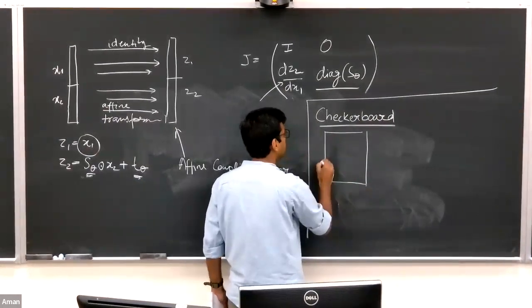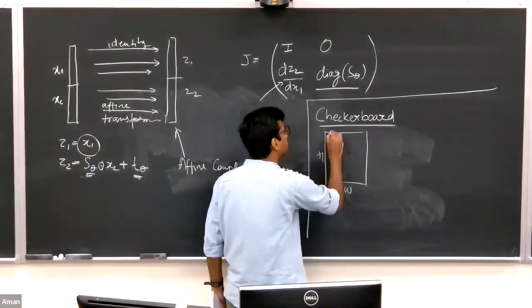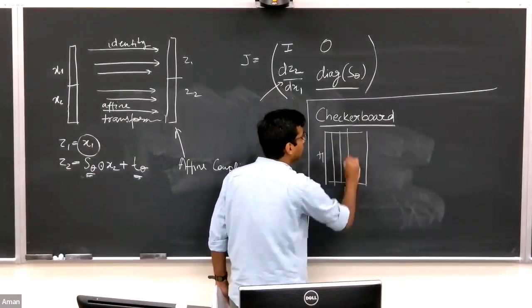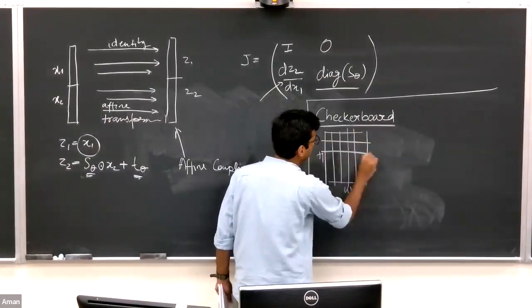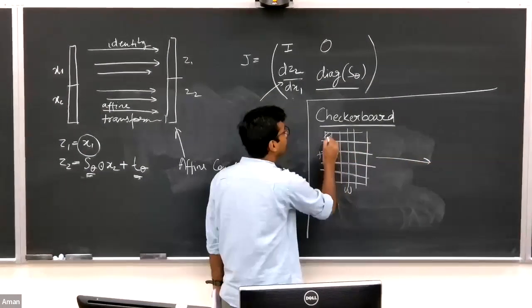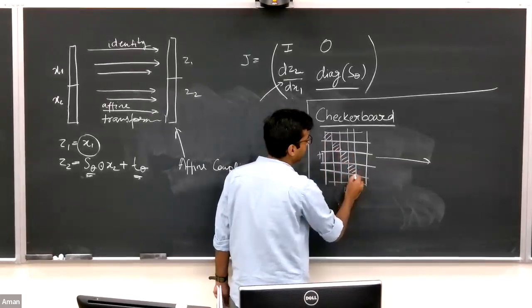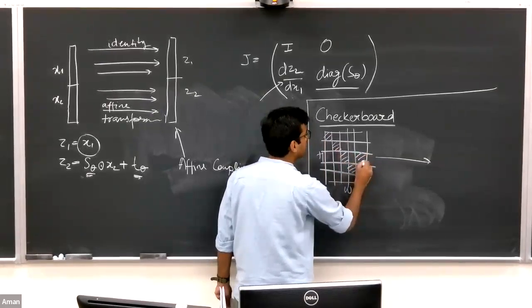Let's say the image is W cross H. You split this image into equal portions, and then in the transformation you copy half of these cells directly to the output, whereas the other half